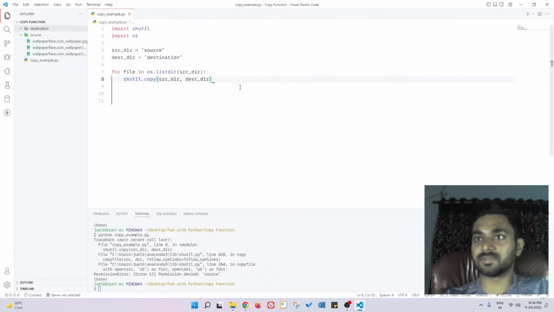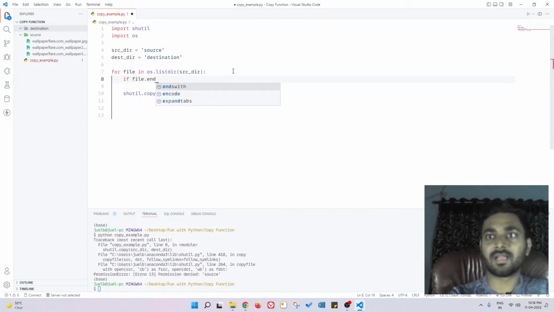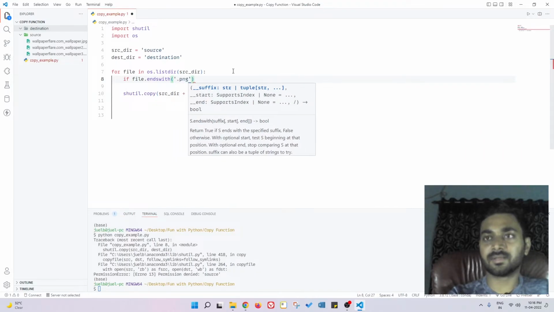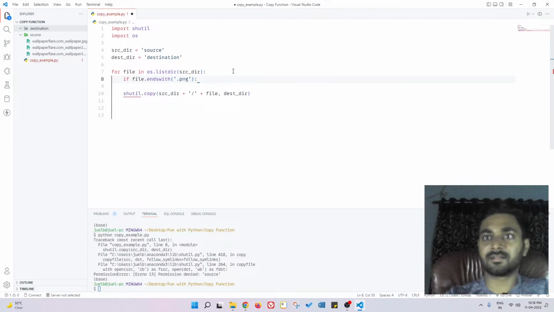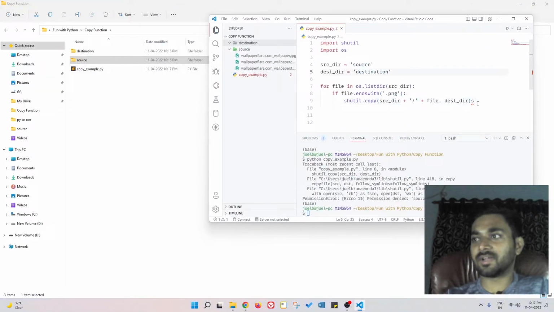For example, this is my source code, and this is the source directory. This is the file directory structure, the file name, and the base directory. Now we can do conditional copy. For example, if I do if file dot ends with dot png, then do the copy, else I'm not going to give the else part. So if I do a save